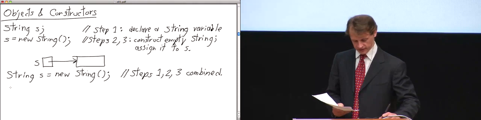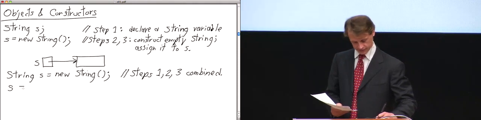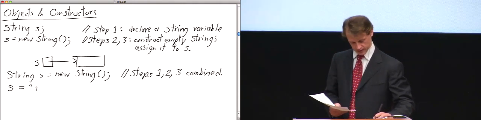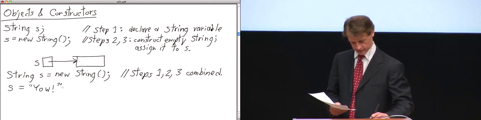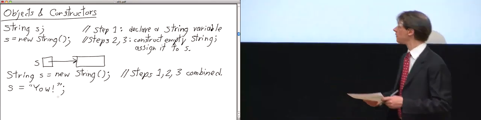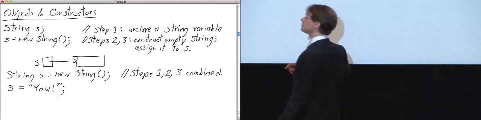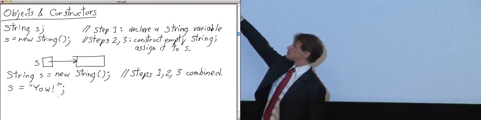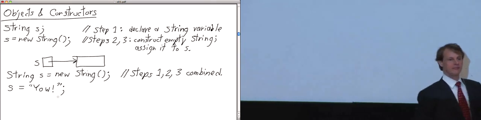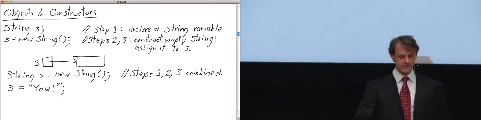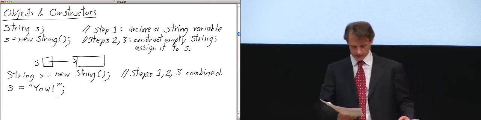Once I've declared it, now I can assign it a different value. So let's suppose I write this line of code. What this line says is, I want to take this string Yao and now I want to make S point to that instead of pointing to the empty string. So